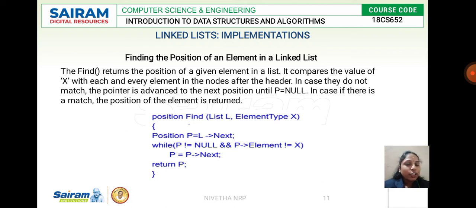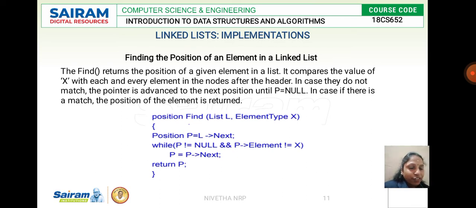Then you check the condition whether the next of the position is not equal to null, that is, the address of the element is not equal to null. Obviously, it specifies there is a next element following the particular node.